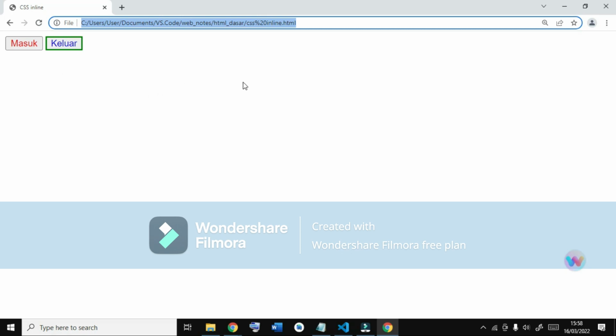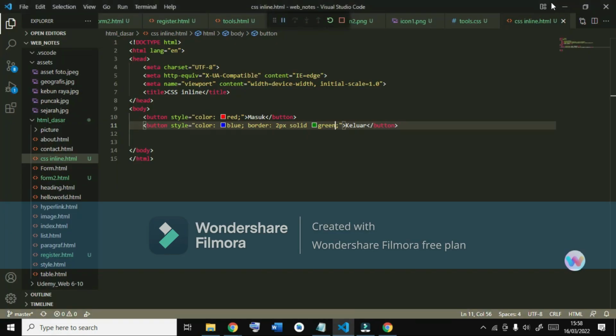Using internal CSS. The second way is internal CSS, which is CSS that is placed in the head section of an HTML page.